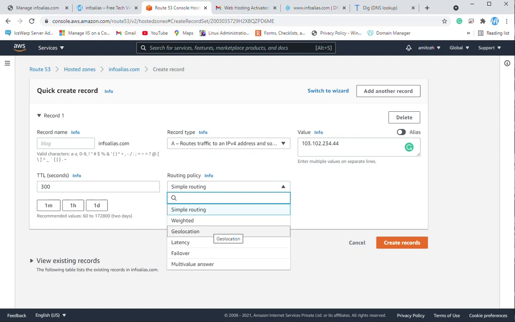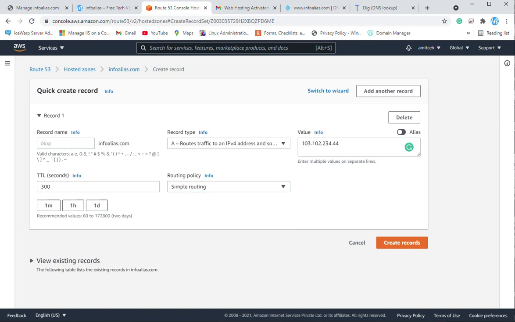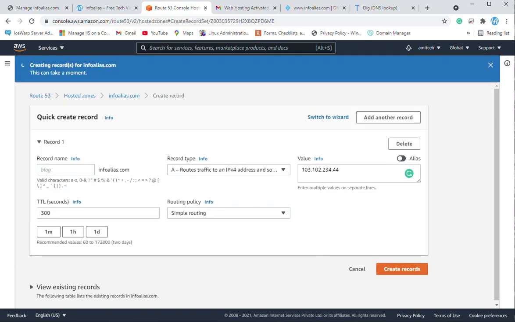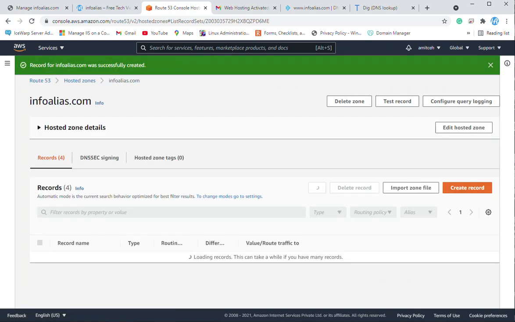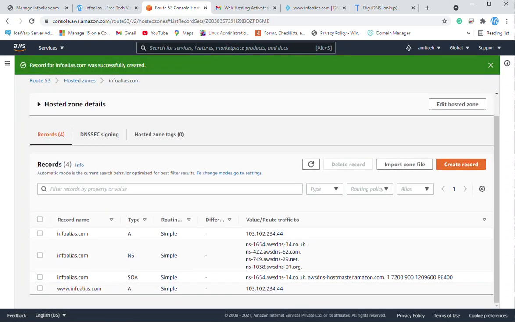In a later video we will also see how geolocation, latency, failover and multi-value answers can be configured, but by default it should be simple routing. Now I created two entries. First is the A record without any www, and next is the www.